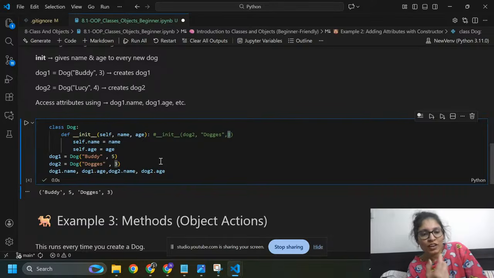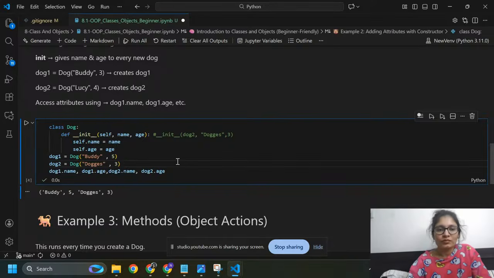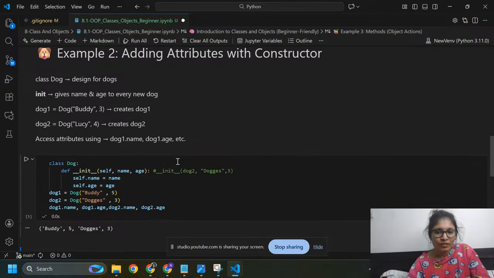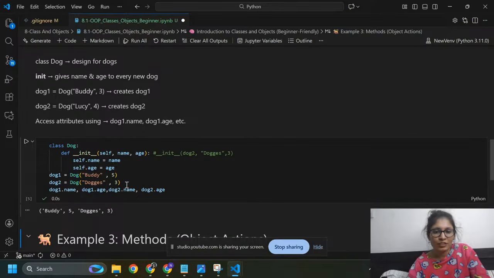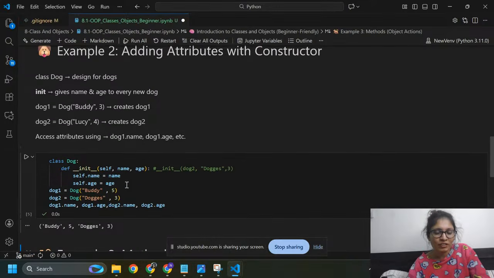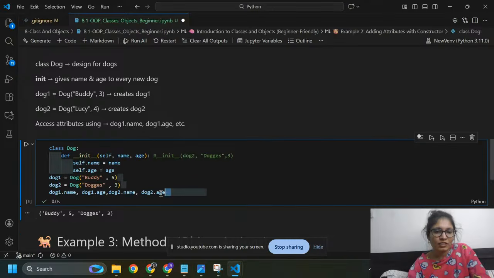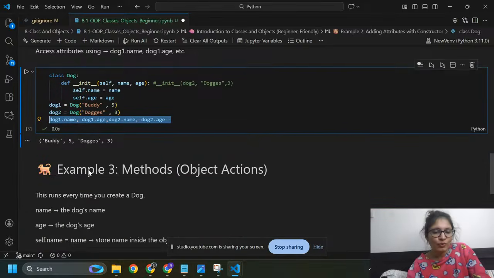If you have lots of dogs, like 1 to 100, then it will give name and age to every new dog. So this is the example of adding attributes with the constructor, and accessing attributes using the constructor. I hope you got it.